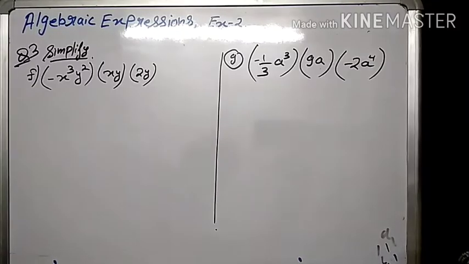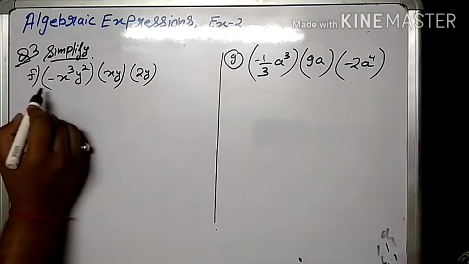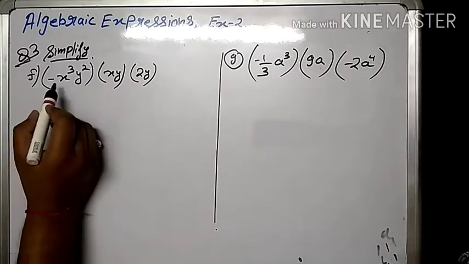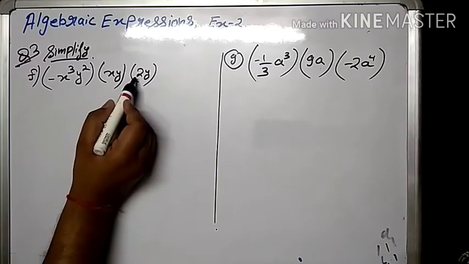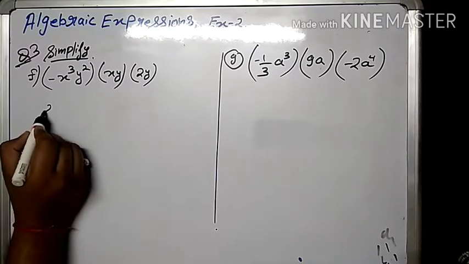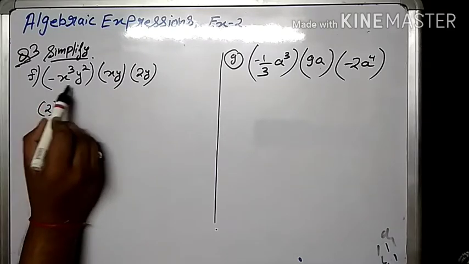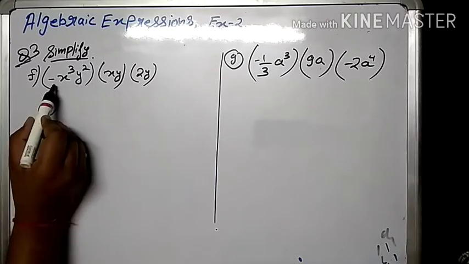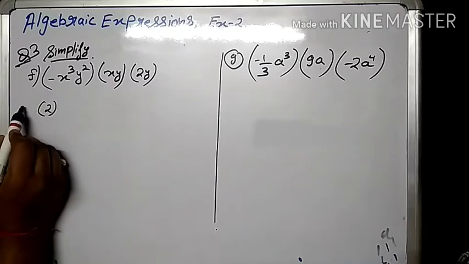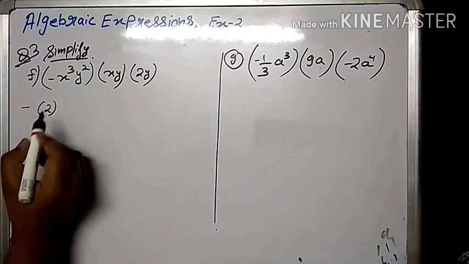Now we will move to the next question. The simplification is here. A question is already written over there. Now here what we will do, there is only one constant term, so I am going to take the constant term outside. Minus is already given here. Now in these three terms only one is minus, so we will take minus outside.